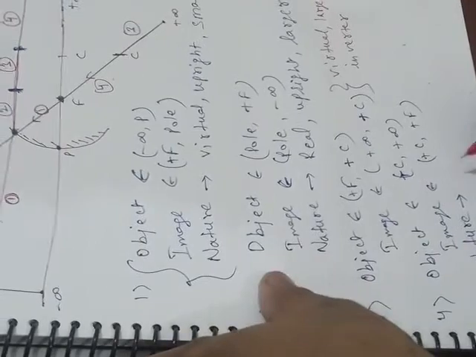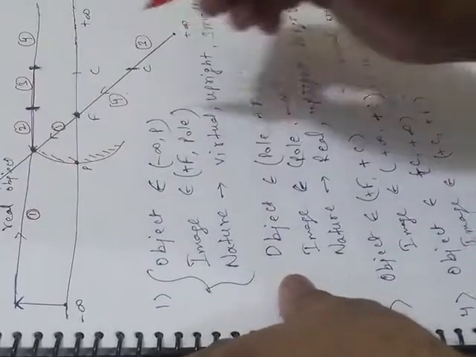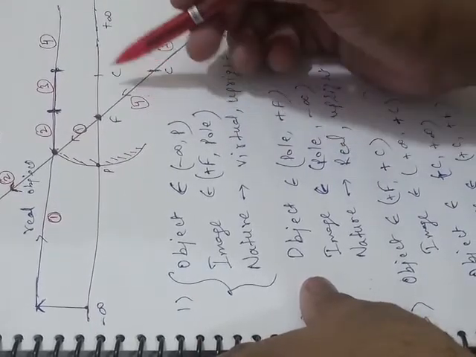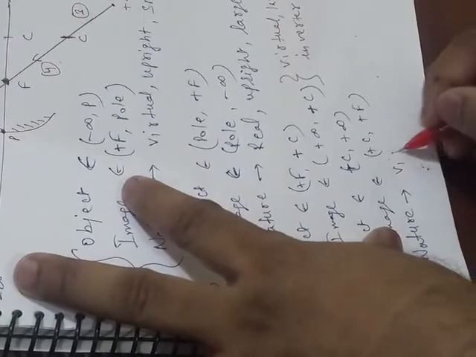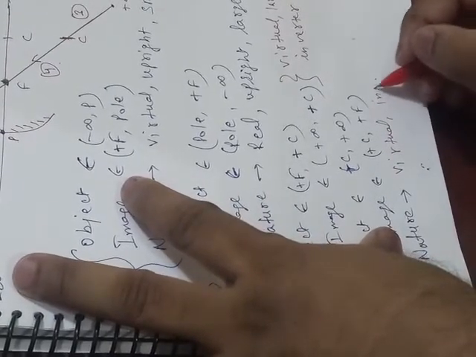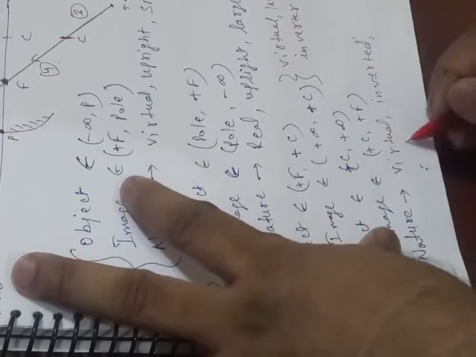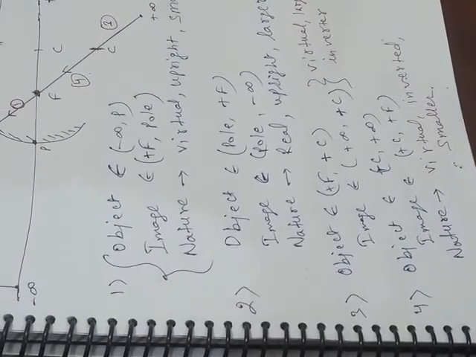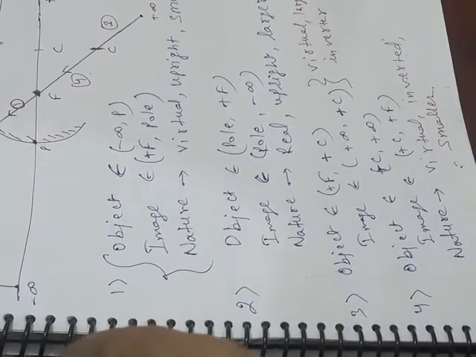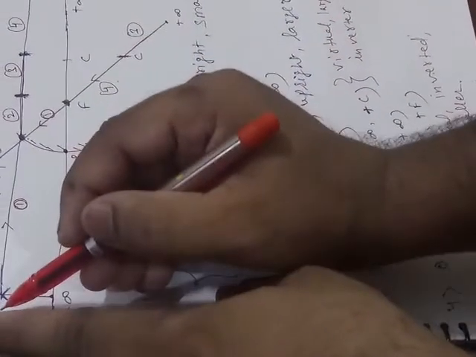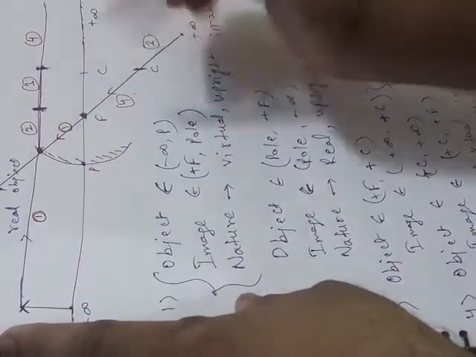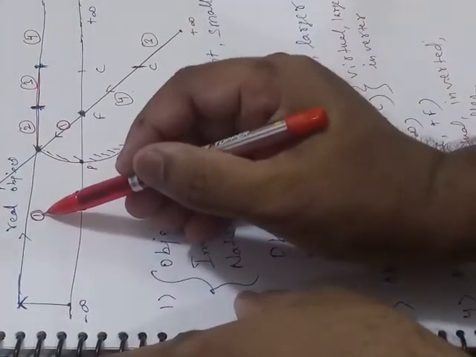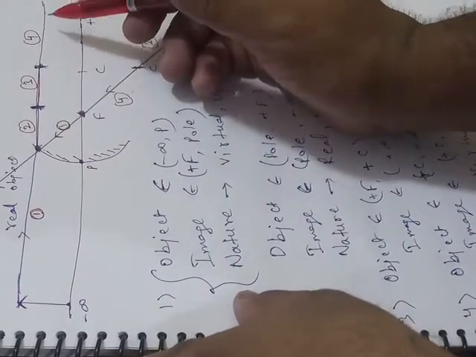Here, the fourth case will be center of curvature to focus. So center of curvature to focus, size is smaller, virtual and inverted, right? So hope every region is clear. You don't need to remember this. Whenever you need to find this value, you can just draw a line from minus infinity to plus infinity of the same height. That will show you the movement of the object. So the first region will be real object, second, third and fourth will be virtual objects.